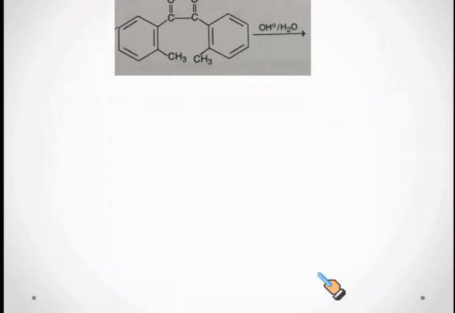Now what happens here? When in this reaction a hydroxide ion undergoes nucleophilic attack on a carbonyl carbon, the carbonyl carbon rapidly changes its hybridization from sp2 to sp3. That means crowding takes place due to this nucleophilic attack. So due to the steric interaction here, instead of the hydroxide ion attacking either of these carbonyl carbons, it prefers to take up a proton from one of the methyl groups.